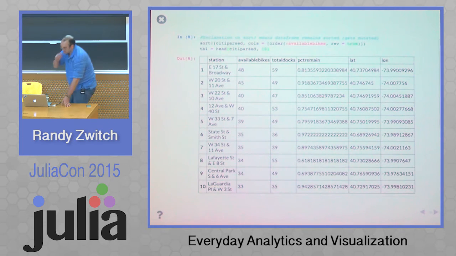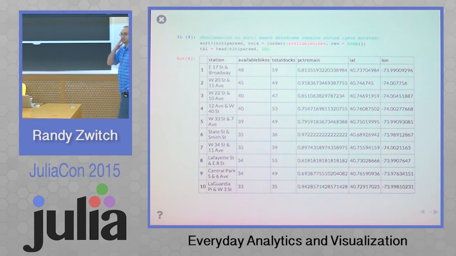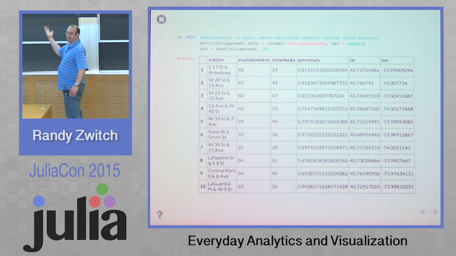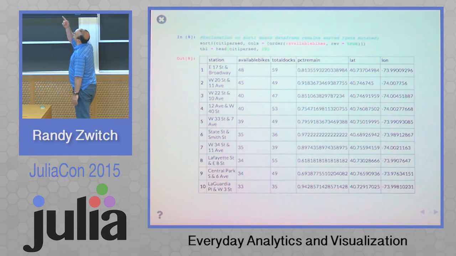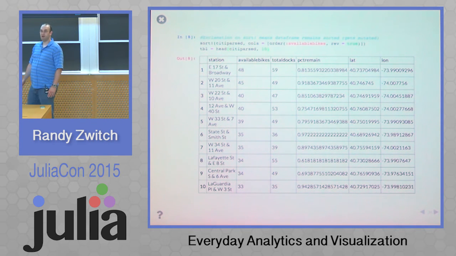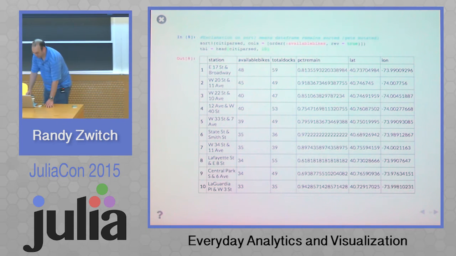Okay, we can see these are the top 10 stations where the city bike program currently has bikes, up to whatever that was 10 seconds ago. East 17th and Broadway has 48 bikes, 81% of their bikes remaining. You can see Central Park at number 9 only has 69% of their available bikes, so are Lafayette Street and 8th. So perhaps you'd say that those are more popular locations. Certainly I would believe riding a bike through Central Park would be a fun activity.